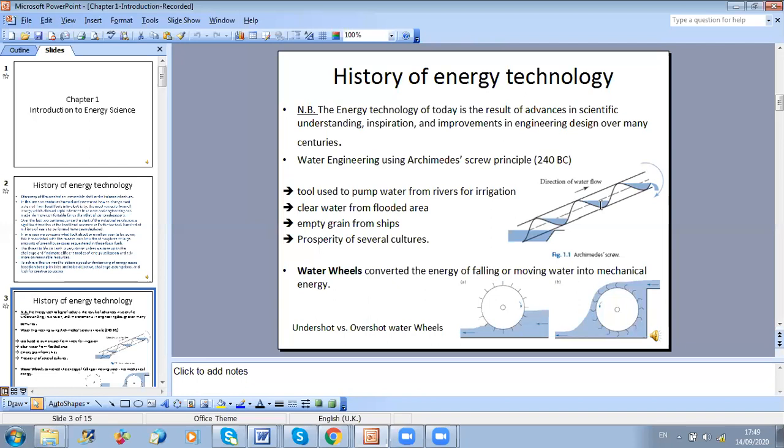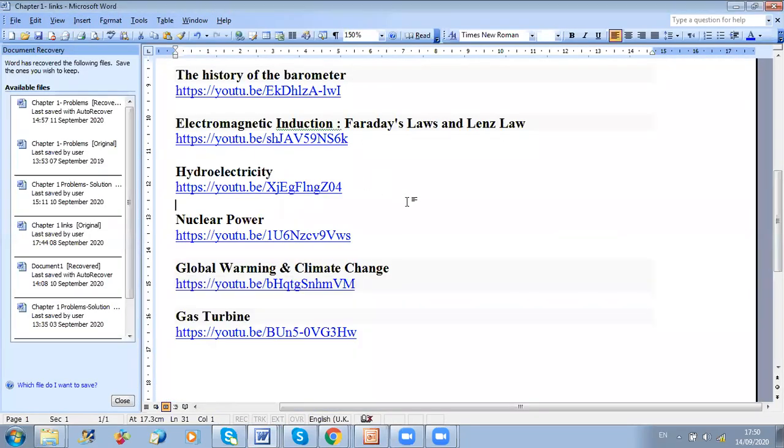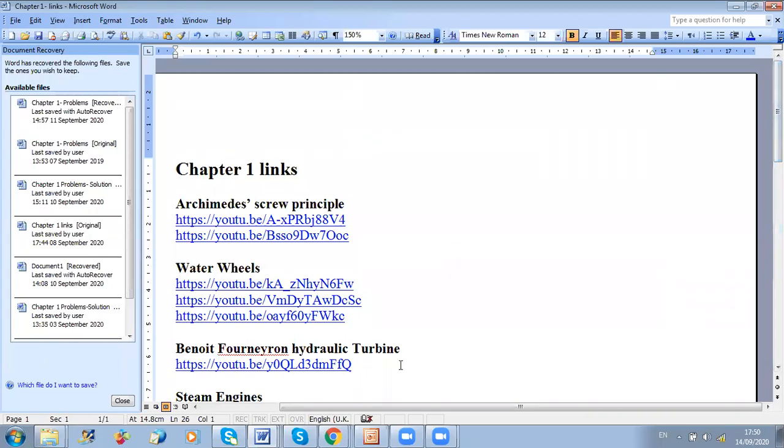So I can use it, as we said, to pump water from rivers for irrigation. I can use it to clear water from flooded areas. I can use it to empty grain from ships. So it has several applications. Now to see it live, I will show you a video, and all video links will be posted for you on Moodle, okay? So for each chapter, I will post for you on Moodle a list of YouTube links that will help you to understand the main principles we will talk about. So for example, for the Archimedes screw principle, you have two small videos that will show you how this works. So if we go over them,